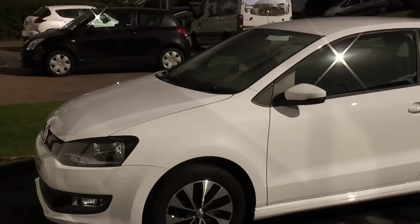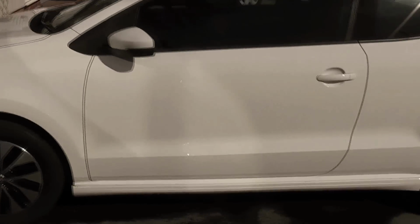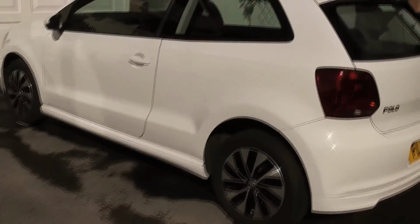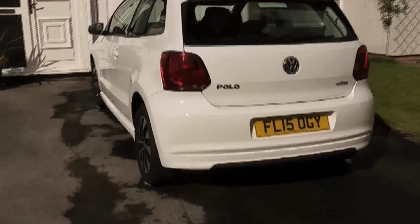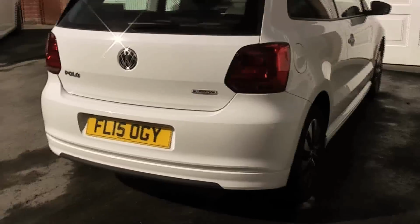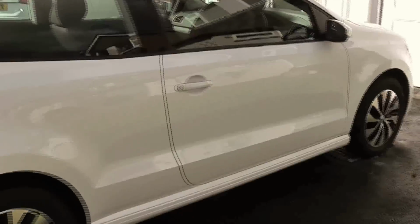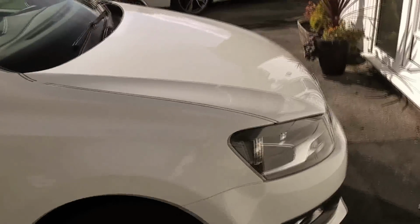As you can see, the car is finished in white and looks excellent for a vehicle that costs around about £17,000 or so on the road. It's a 3-door version with standard spec, which I'll go through in a little bit with you. But the car is